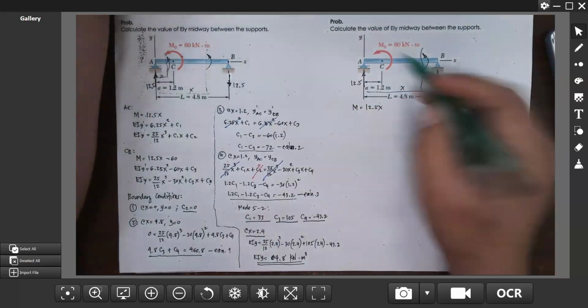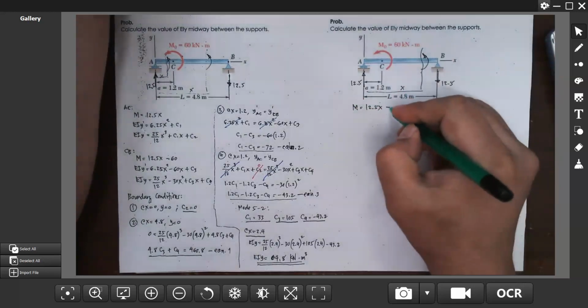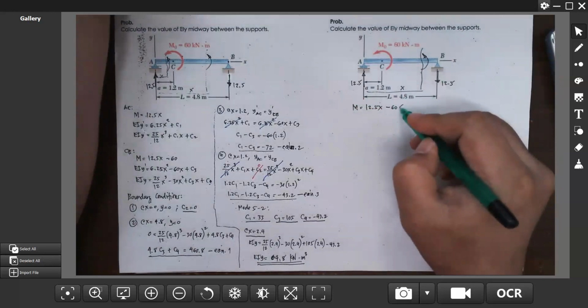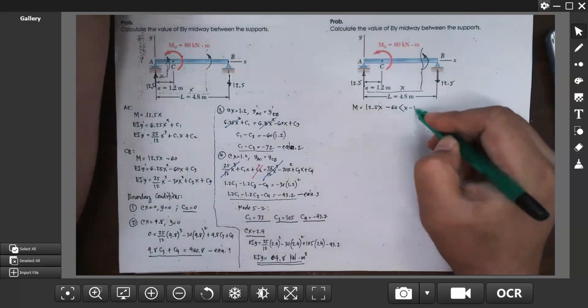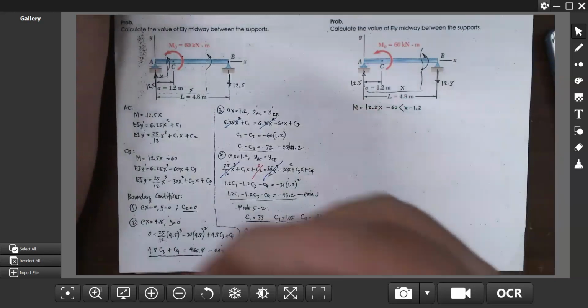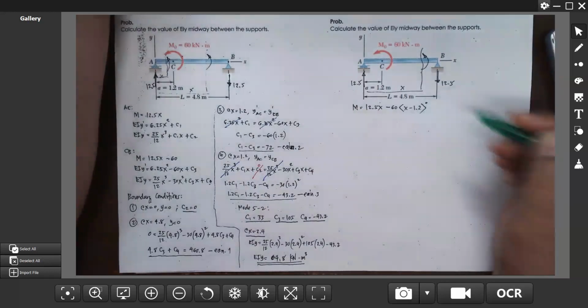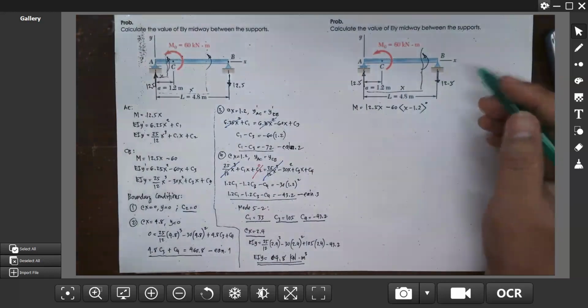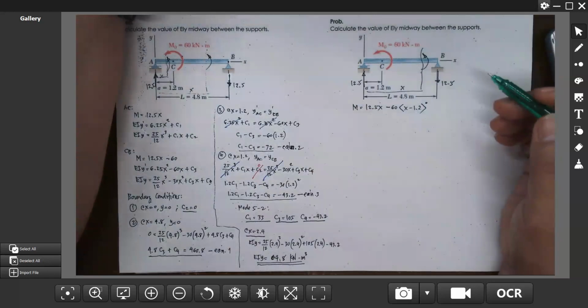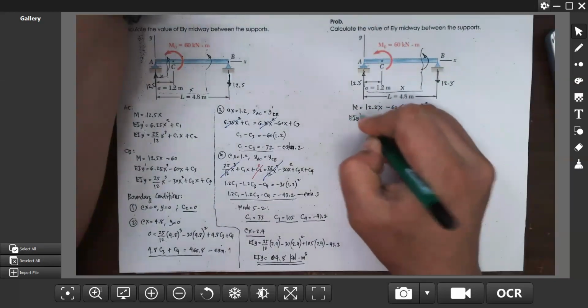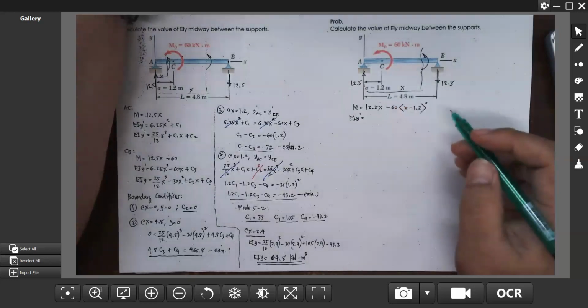So the moment is 12.5x minus 60 times x minus 1.2, then raised to 0. That is it, raised to 0. So, when you integrate EIy prime,